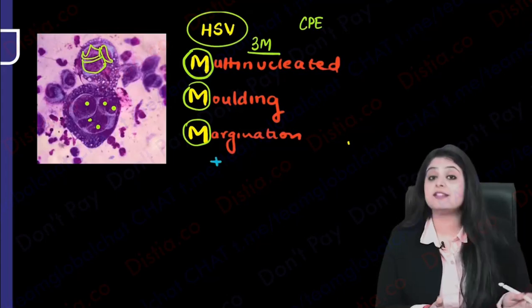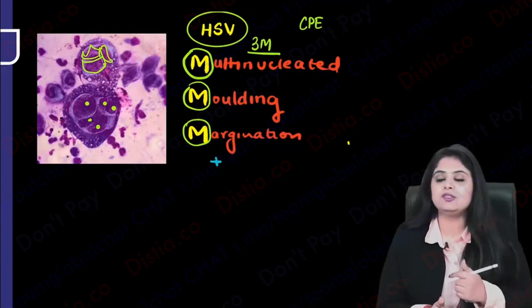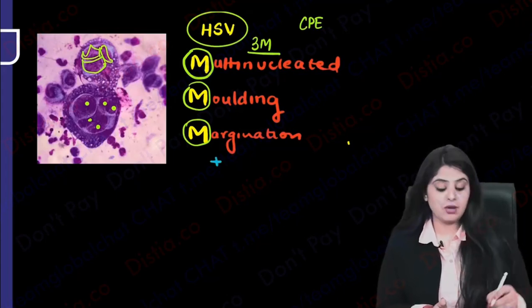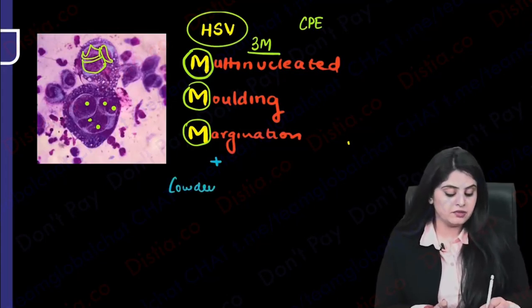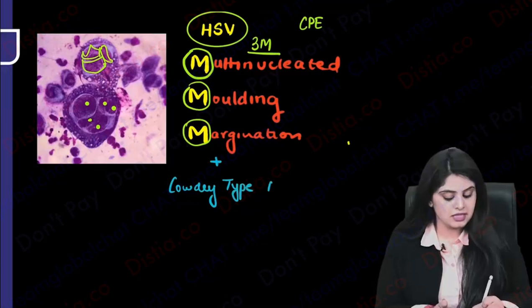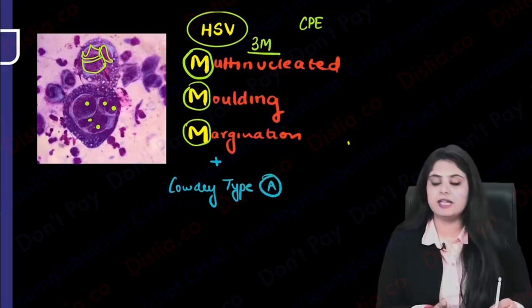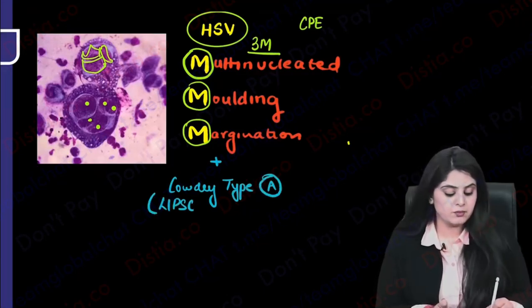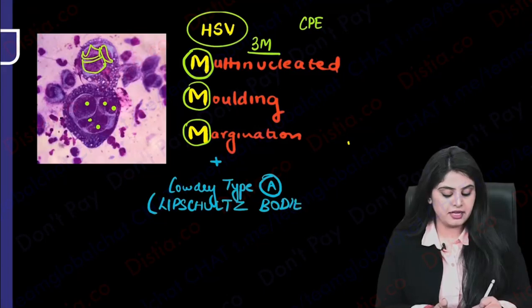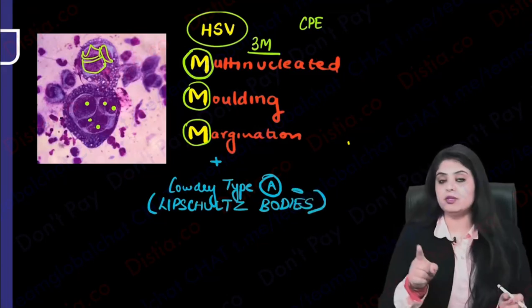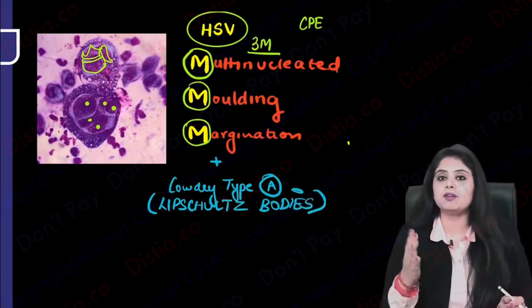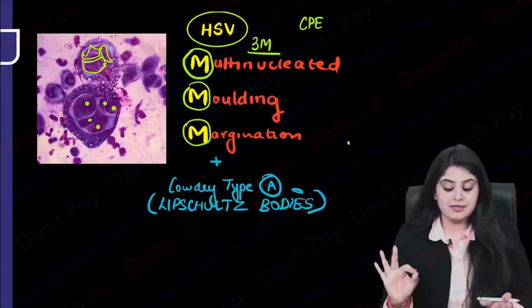And there's another test that I'm taking. Which body do you see? You just studied this in the previous chapter. You have to know. We see the famous Cowdry type A bodies. Very good. Do you remember the name? Lipschütz bodies. Lipschütz bodies, yes. And now your story is complete. If you were able to answer this, tick mark it, give yourself a pat on the back. You have done general virology very, very well.